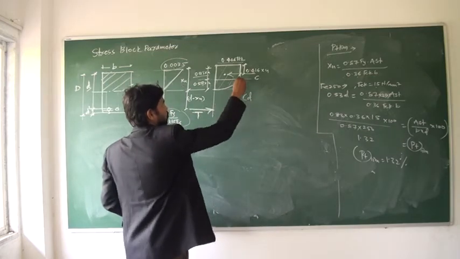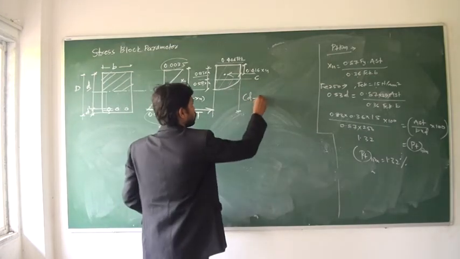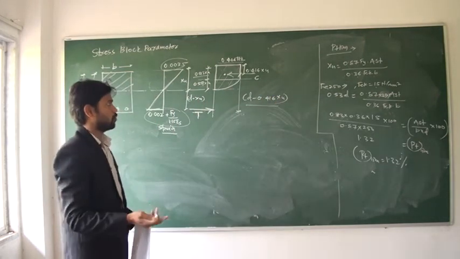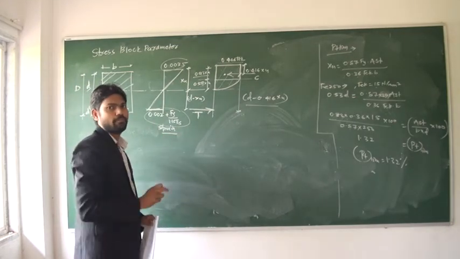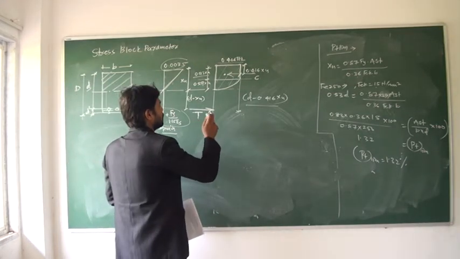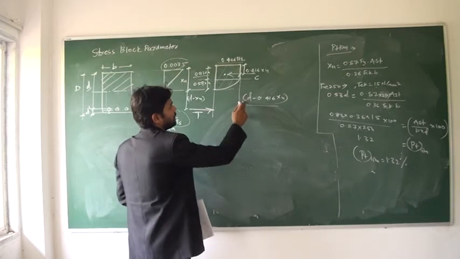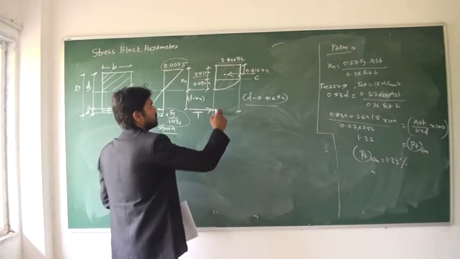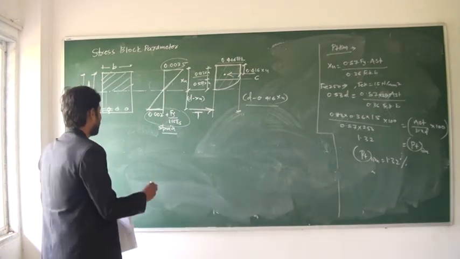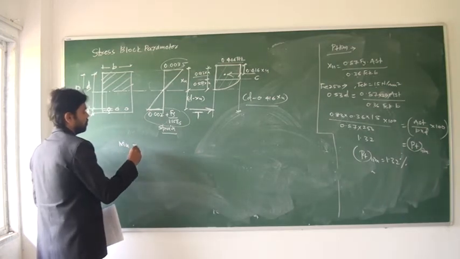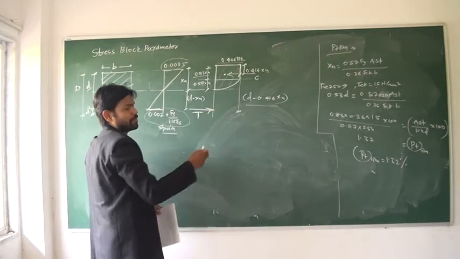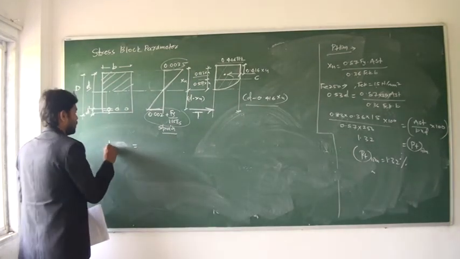The lever arm is the distance between those two forces. So this is d minus 0.416 x. Actually when two equal and opposite forces act on the same body, they form a couple, and the magnitude of the couple will be equal to the magnitude of any one force multiplied by the distance between these two forces. The distance between these two forces is d minus 0.416 xu. That couple is nothing but your moment of resistance, Mu.